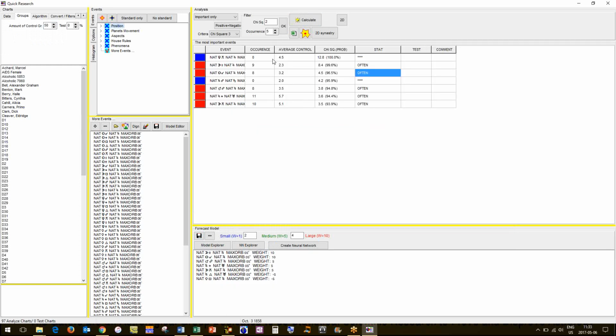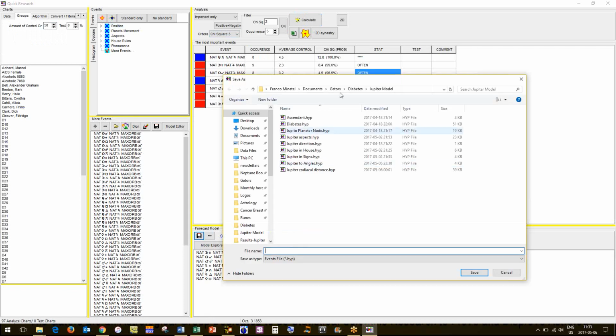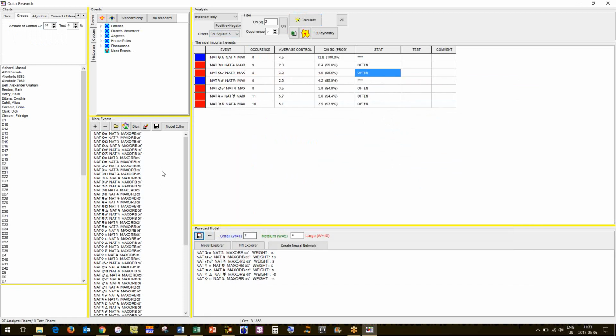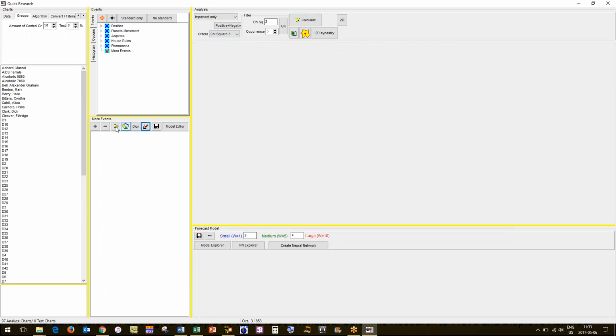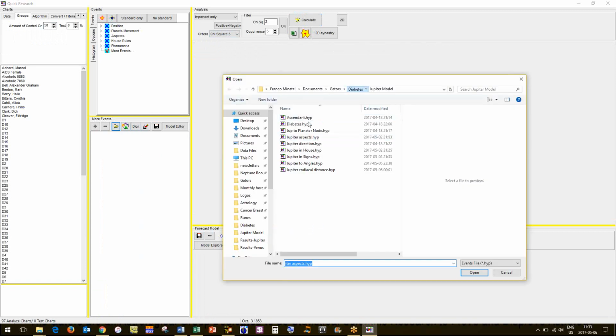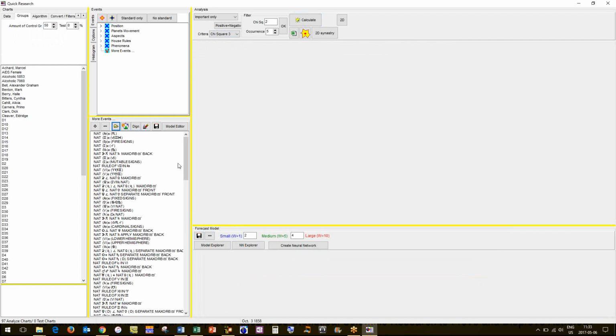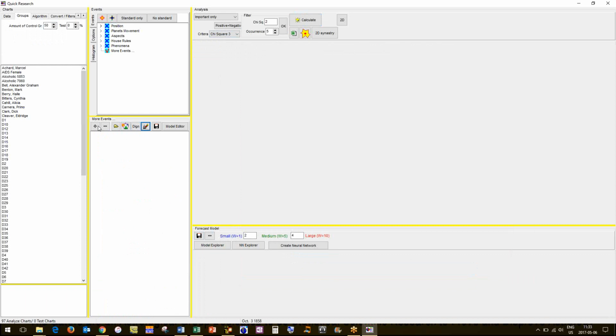Okay, so there we go. So here's our chi-squared 3 cutoff. We save these results in the results file, and then we could call up those results later. So when you have your full model, and again, when you save these, here's our Jupiter model. I've got diabetes. I called it diabetes, and it pulls up the file. You can save them all, and you can bring them all up.